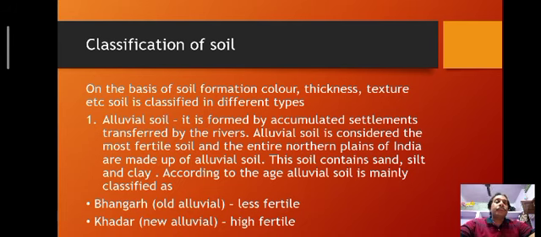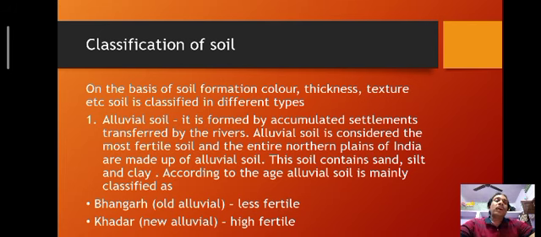Okay, now on the basis of thickness and texture, soil is classified into different forms. First is the alluvial soil. Everybody knows it is formed by accumulated sediments transferred by the rivers. In simple words, we can say alluvial soil is formed with the help of rivers. Alluvial soil is considered the most fertile soil,